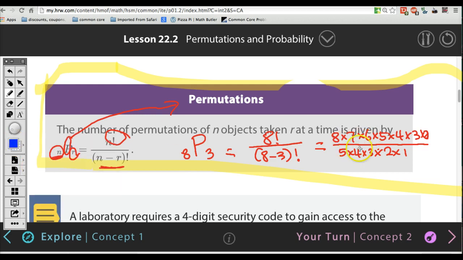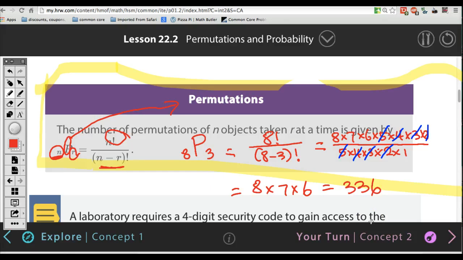Okay. So 5 and 5 can be canceled out. 4 and 4 can be canceled out. 3 and 3 can be canceled out. 2 and 2 can be canceled out. And obviously 1 doesn't count for anything. So what are we left with? Is this exactly the same thing as we did earlier? We're just left with 8 times 7 times 6. And what was the answer for that one anyway? It was